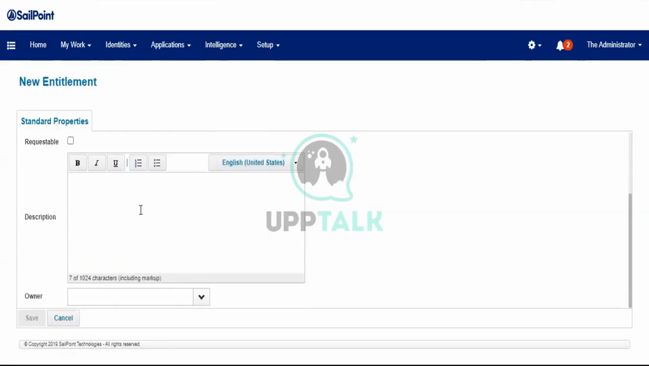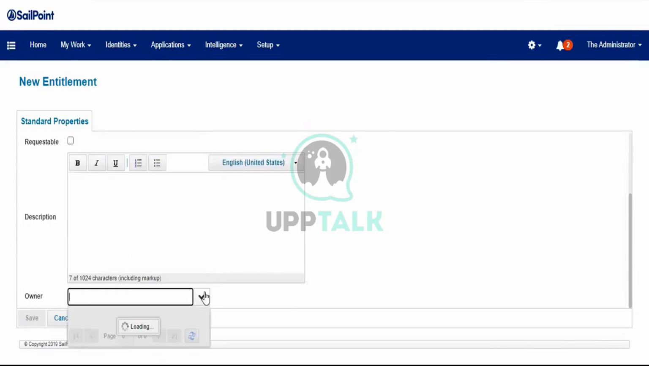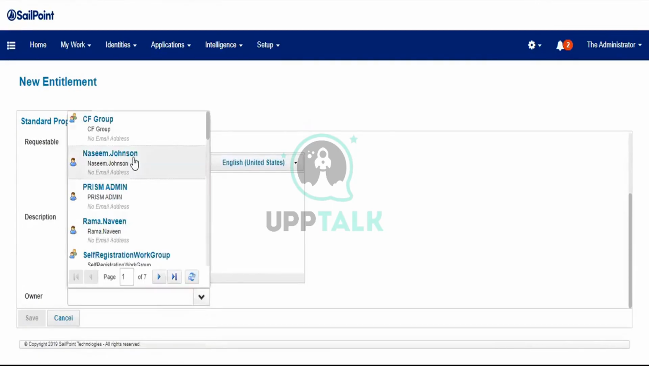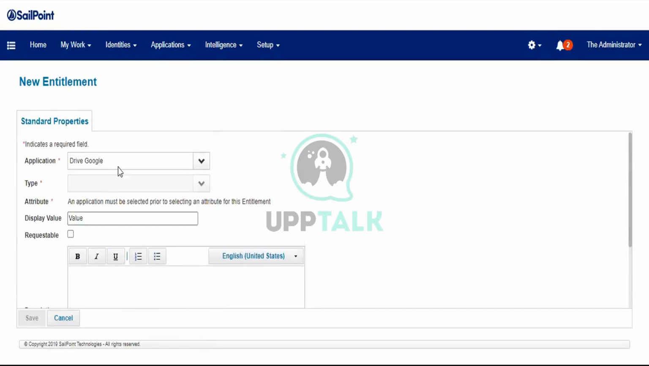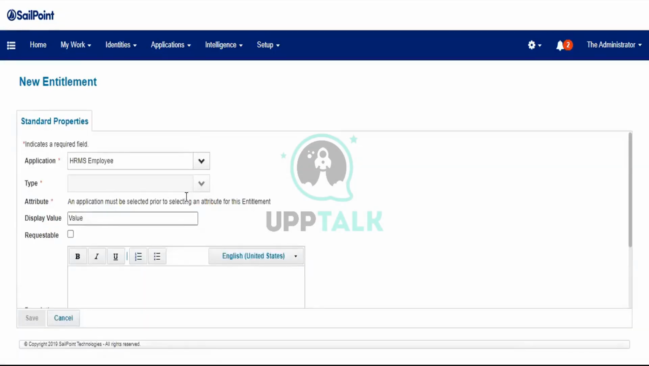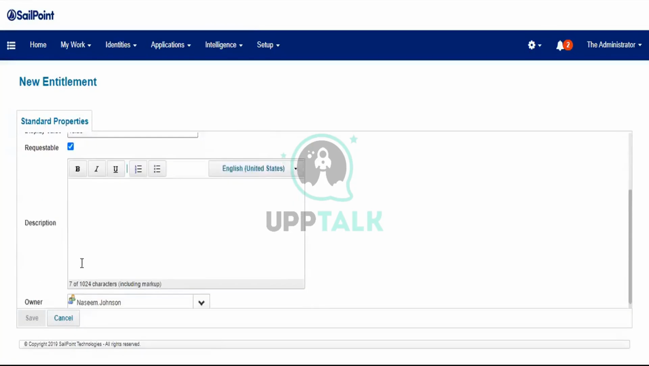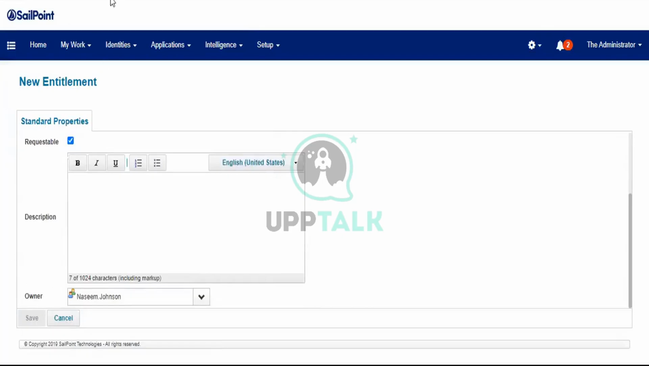Try to provide some value here. Definitely you are going to end up with an error, that you will come to know. Owner, just try to select any one owner. Here you have to select the type. Let me select the HRMS application only, I think. For this application, I have given some random value. Should be requestable. It won't allow you to save because we didn't define it in the app. Guys, I have explained about the schema, right,